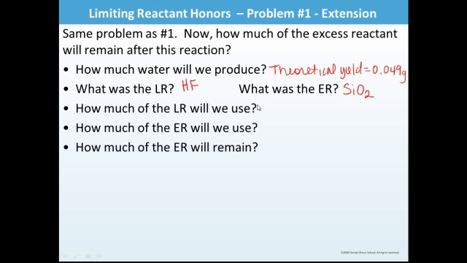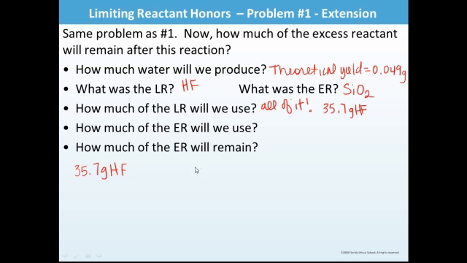How much of the limiting reactant will we use? This goes on your understanding of what a limiting reactant is. Recall that a limiting reactant is the reactant that's completely used up. Therefore, we're going to use all of it. In this case, it's going to be 35.7 grams of HF. How much of the excess reactant will we use? Well, we don't know that from the information given. I have to calculate it. So if you ever need to know how much of the excess reactant will remain, you have to figure out how much you use. So what we do is we can start from the limiting reactant, 35.7 grams of HF,